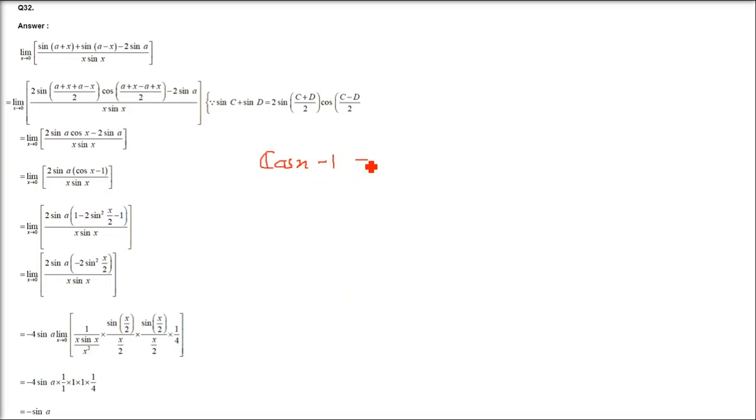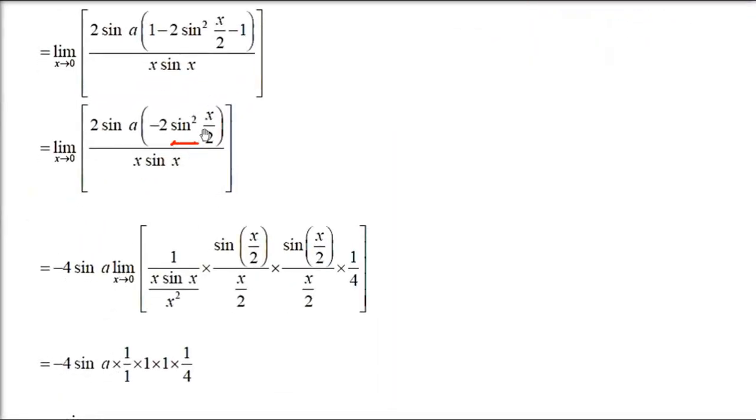And we know the 1 minus cos x formula already. 1 minus cos x is 2 sin square x by 2. But cos x minus 1 can be written as what? This cos x minus 1 can always be written as minus of (1 minus cos x). So since 1 minus cos x is 2 sin square x by 2, cos x minus 1 will be minus 2 sin square x by 2. I hope you got this idea. Cos x minus 1 is minus 2 sin square x by 2. Right? Now x sin x is already there.